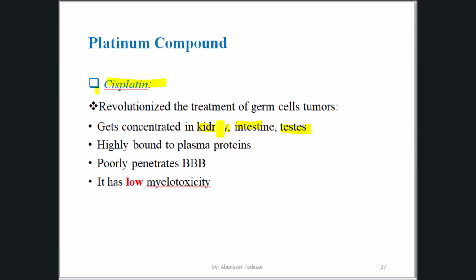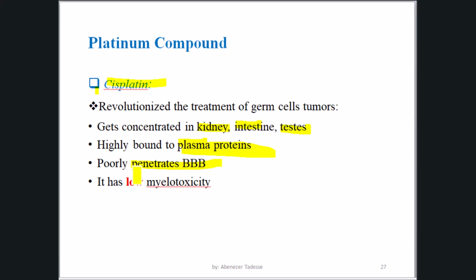They are highly protein bound, which means they have high drug-to-drug interaction. If there is any concomitant drug that is highly protein bound, it can displace cisplatin from its binding site and increase the toxicity of cisplatin. So care should be given. The other point is they have poor penetration of the blood-brain barrier, so they need intrathecal administration to avoid